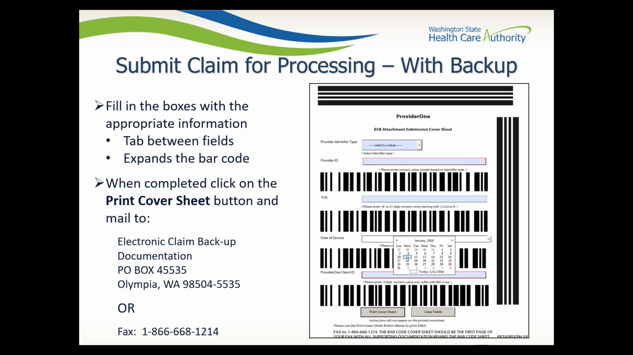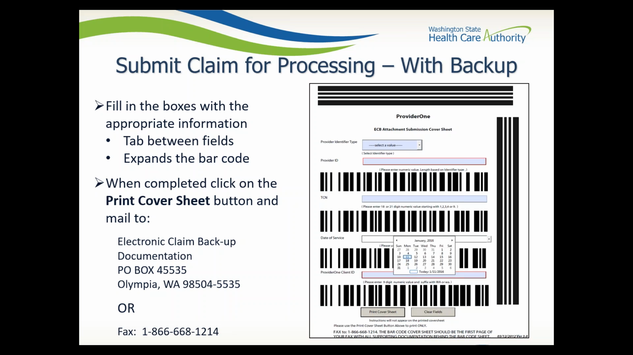Tab to the Date of Service field and click the drop-down to bring up the calendar. Use the calendar to choose the date of service you are billing for. If there is more than one date of service on your claim, you must use the earliest or oldest date in this field. Tab to the ProviderOne Client ID field and enter the 9-digit ProviderOne Services Card ID number, including